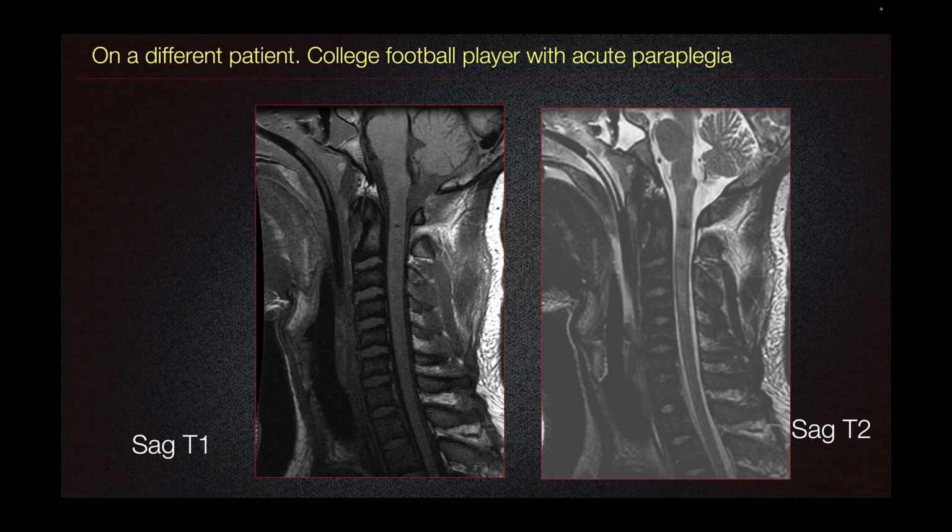Spinal cord contusion is defined as a central intramedullary focus of low signal in the cord surrounded by a thick rim of hyperintensity on T2 weighted imaging. So on this patient, we have a sagittal T1 imaging. We can see a slight focal enlargement of the spinal cord, and at the level of C2, we can see